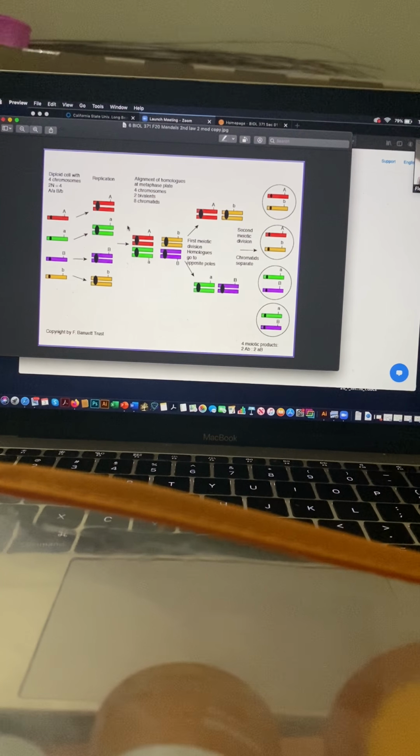Okay, so now I said that we have recombination during this stage. Let's see what happens if there is recombination. Are there any questions thus far? No, not for me. Okay, so now